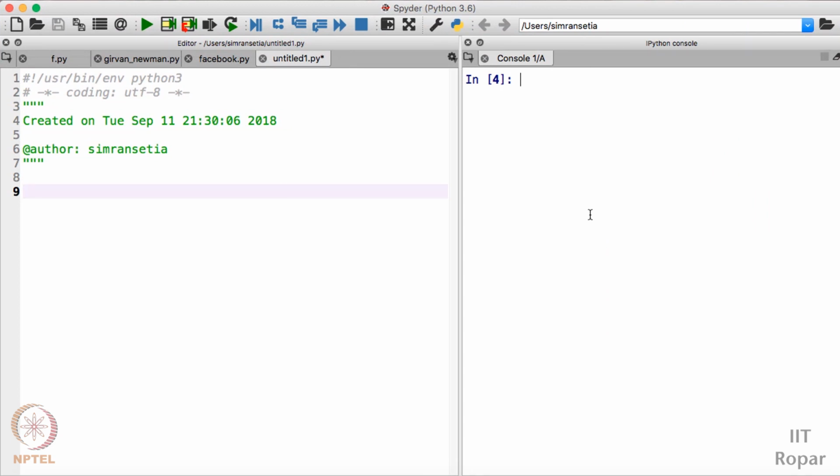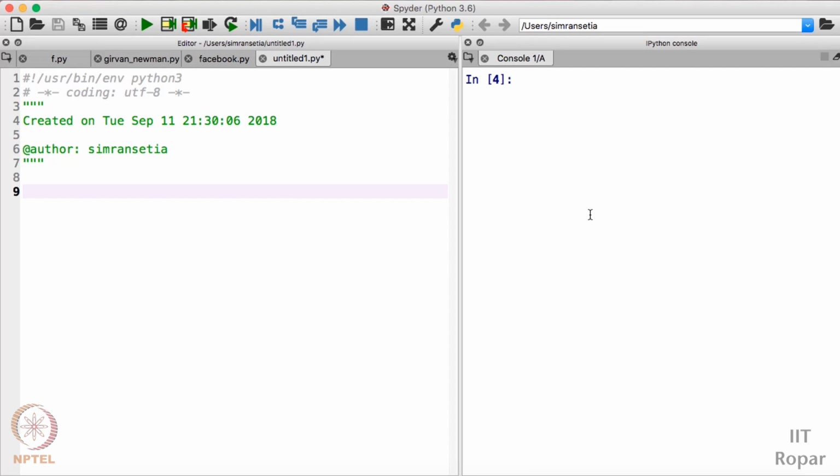I hope you know what ASCII values are. I have explained in the previous video. If you haven't watched the previous video, please go through it. ASCII values basically represent character encoding. Each character is represented by some integer value. ASCII stands for American Standard Code for Information Interchange. This has already been explained in the previous video. Please go through it. So now the question comes, how can we find the ASCII values in Python?